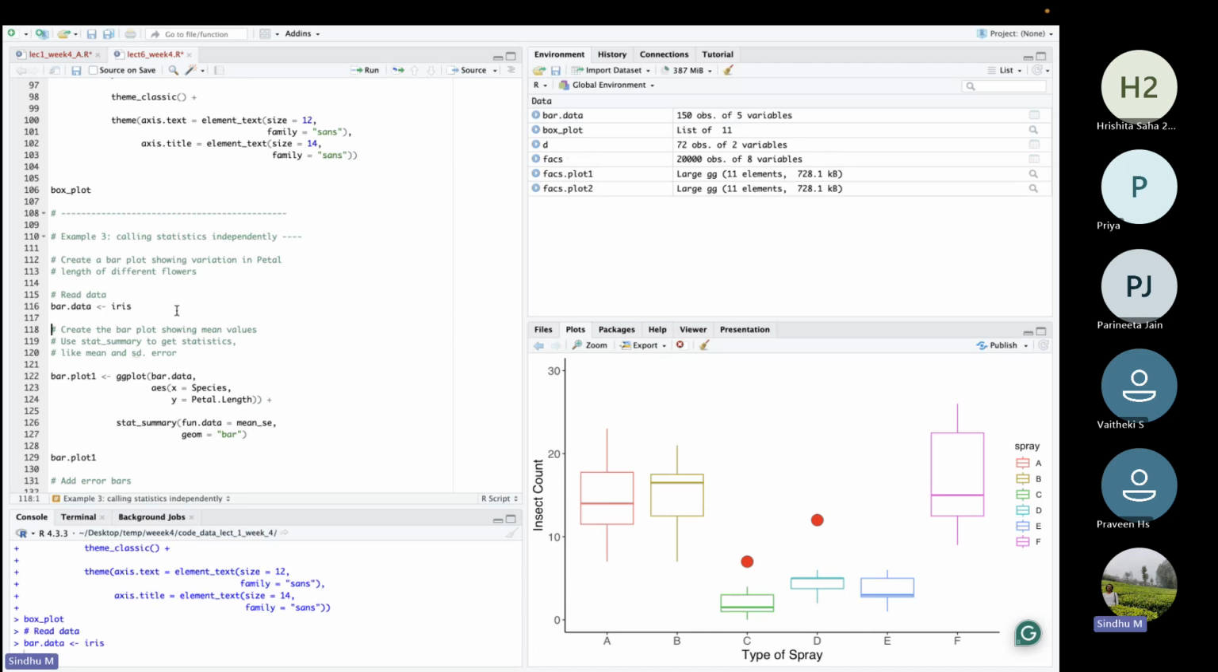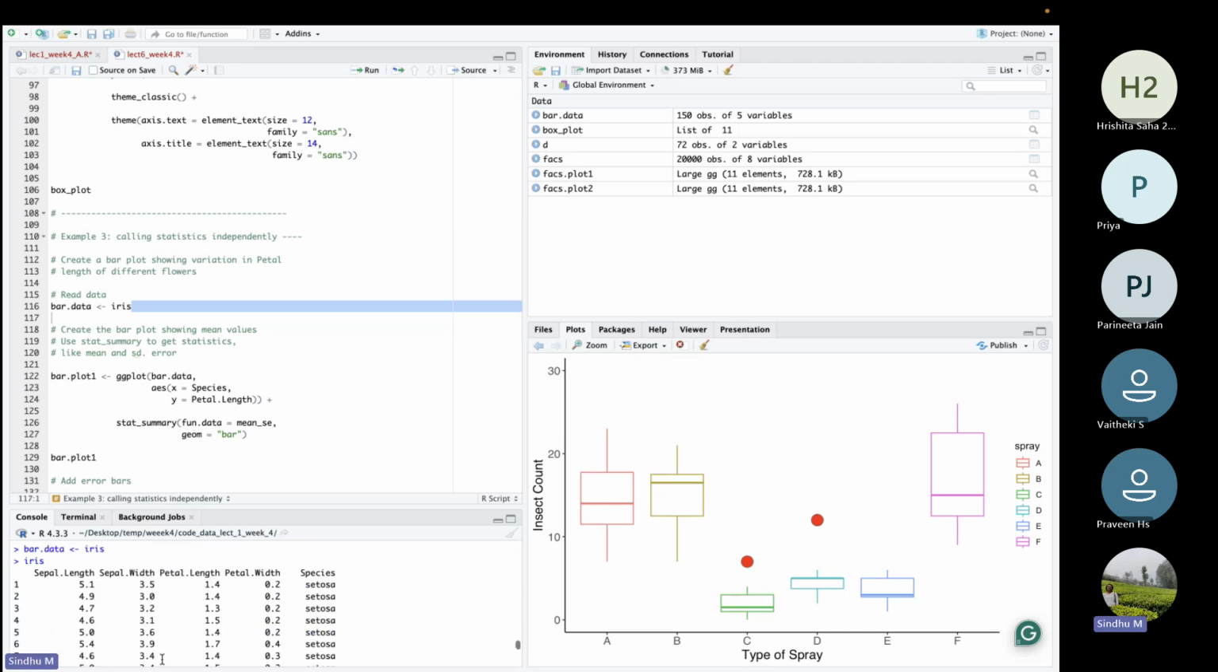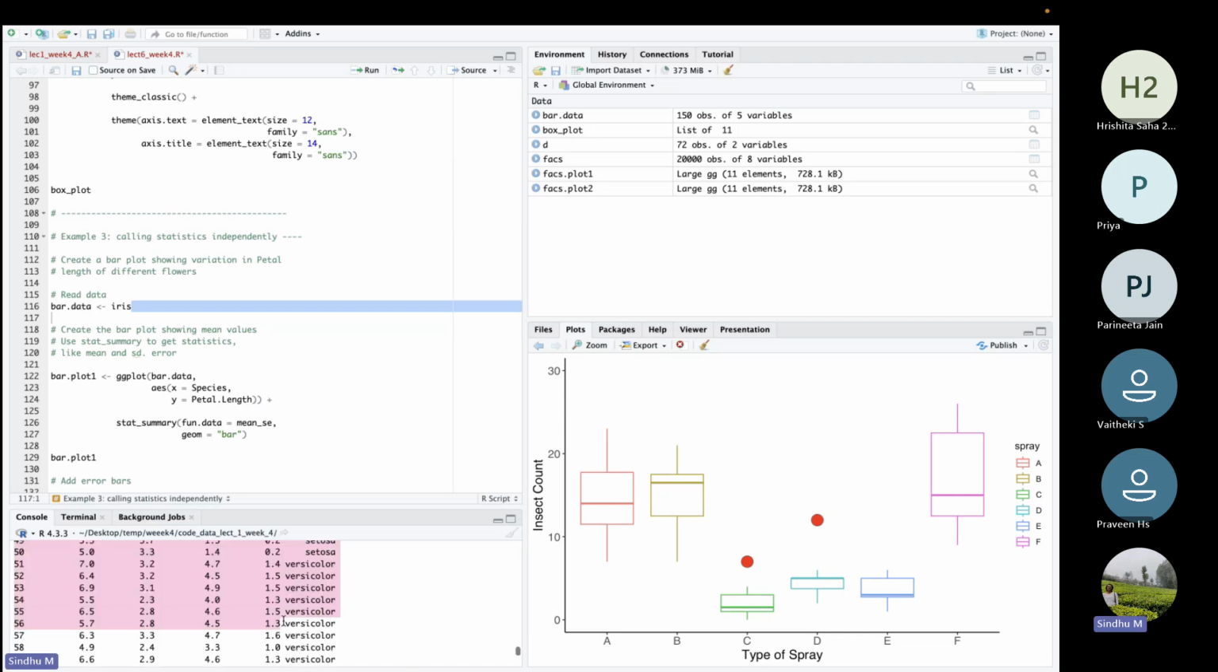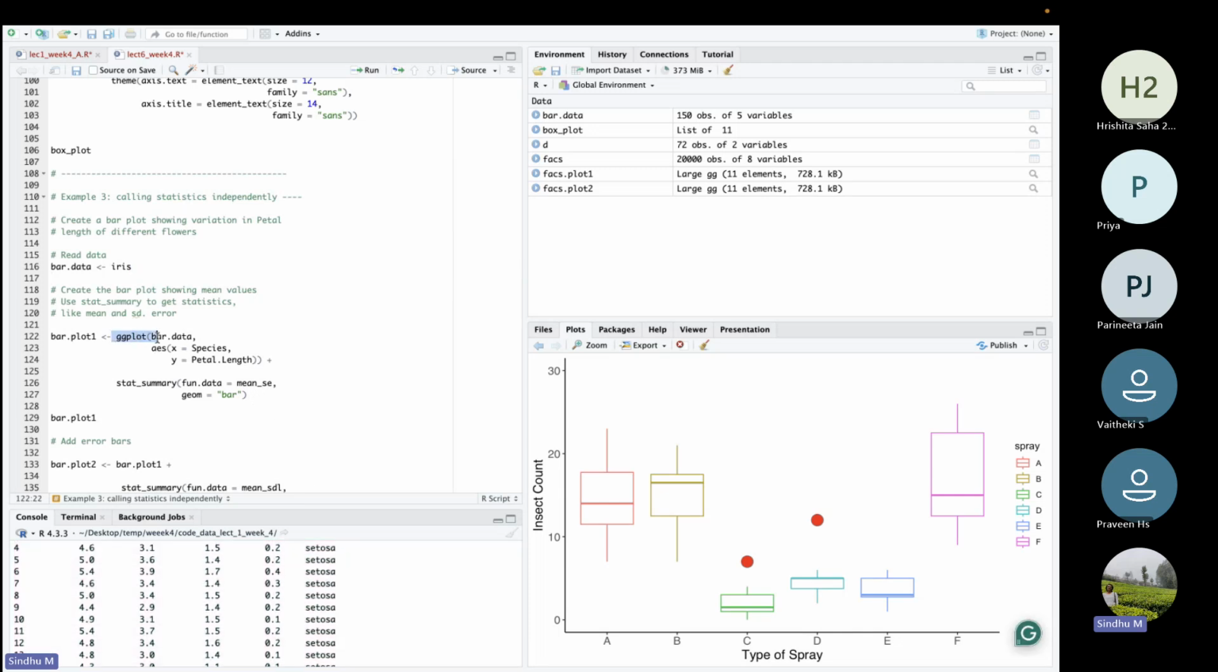So for that, let's use this iris example. This is a flower data set with information about petal length and petal width, etc. This data frame we have already used in the previous classes as well. So now we want to get a bar plot with the mean values of the petal length. So then